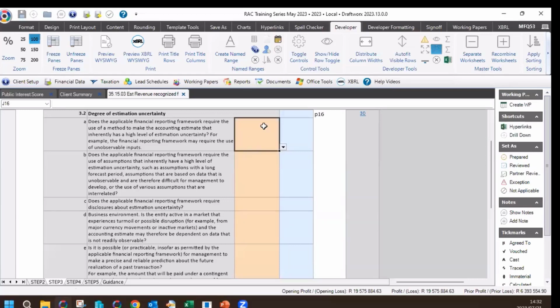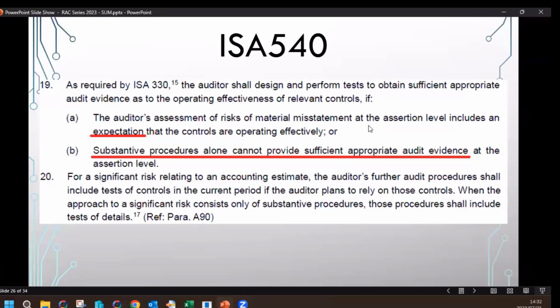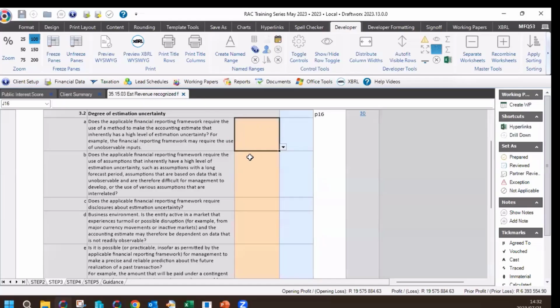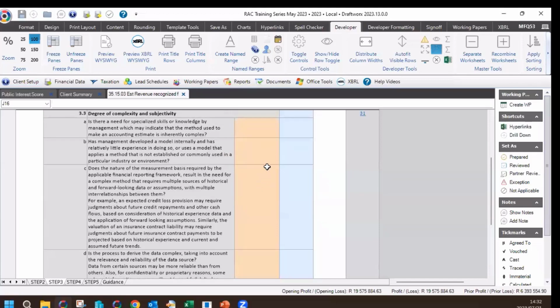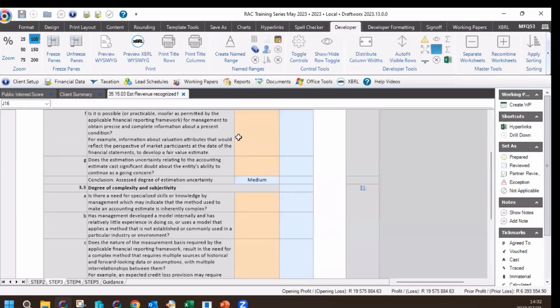So it's saying if we considered controls being effective when we did our assessment of that risk of material misstatement, then we must do a control test. Okay, but that's obvious. If our assessment is based on some form of control, then we've got to do more work,